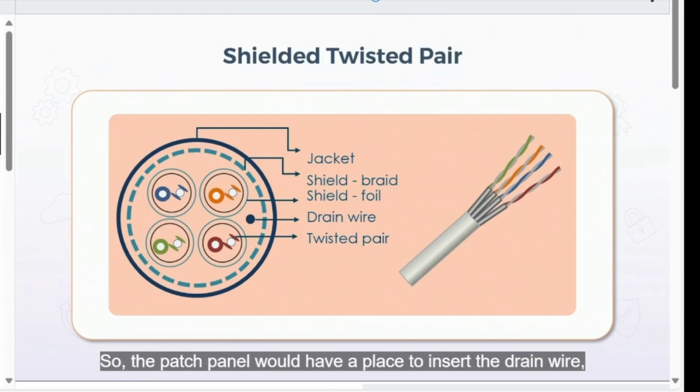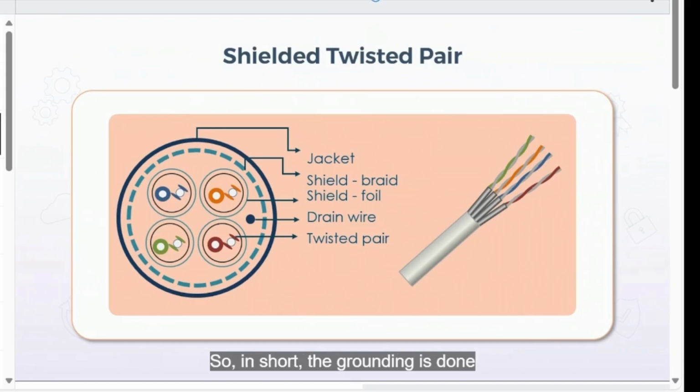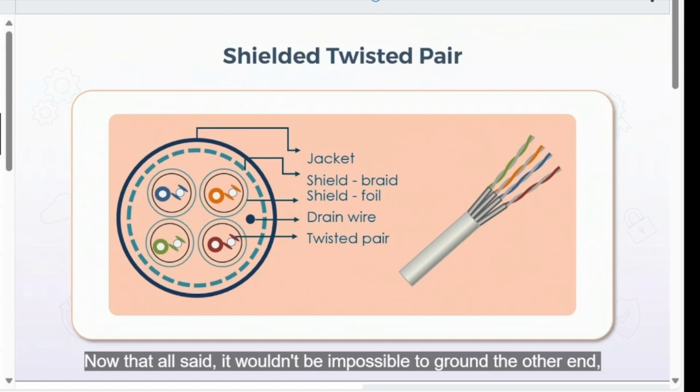So the patch panel would have a place to insert the drain wire. Then the entire panel itself could be grounded like any other electrical outlet. So in short, the grounding is done at the end where you terminate to the patch panel. Now, that all said, it wouldn't be impossible to ground the other end, because if we are talking about a